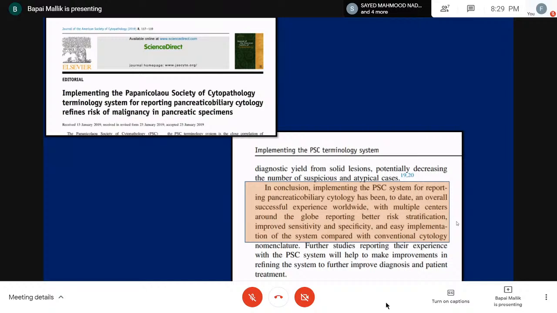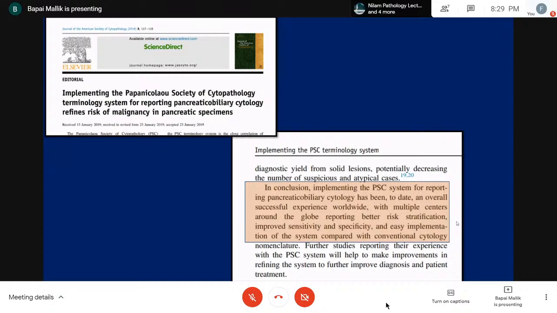Now, this particular system, of course, requires that for the full implementation you need to use fluid biochemistry whenever necessary. We need to use molecular cytopathology, and we have seen how these can enhance the sensitivity and the specificity. But there are situations where you may not have enough material, where you may not have the facilities. And what do you do under those circumstances?